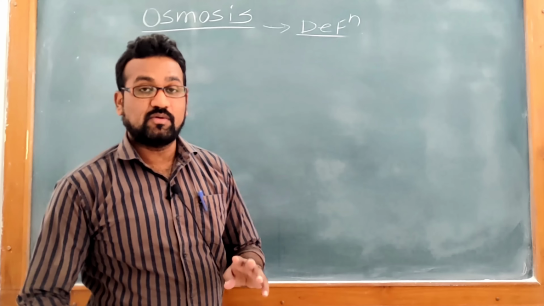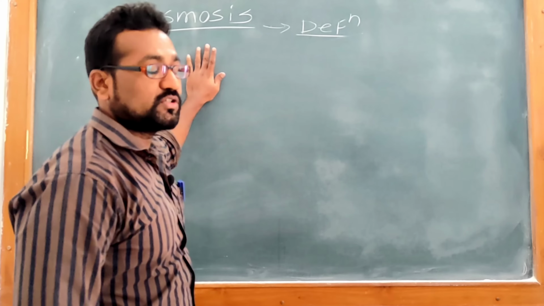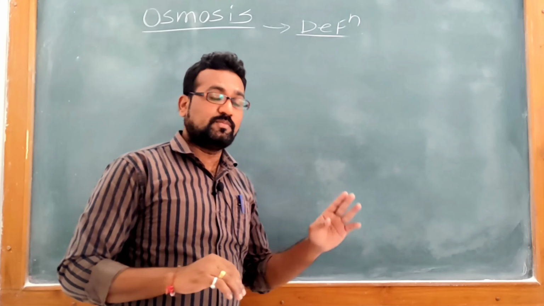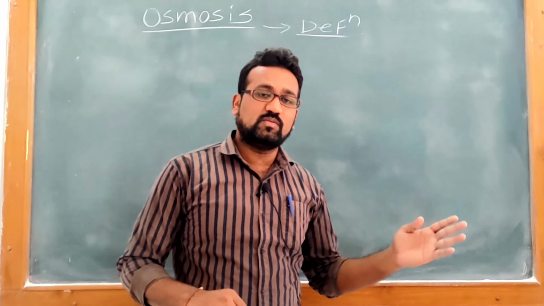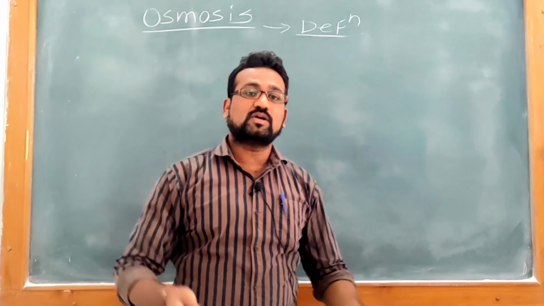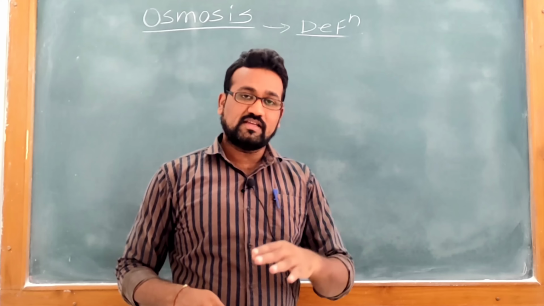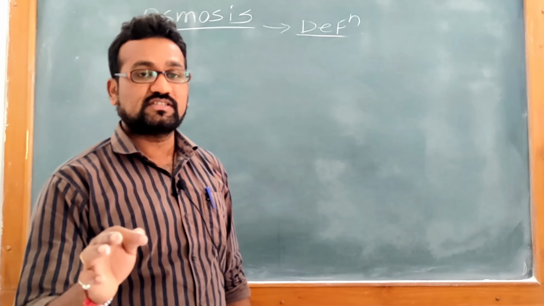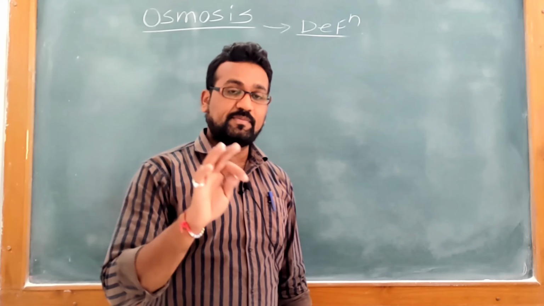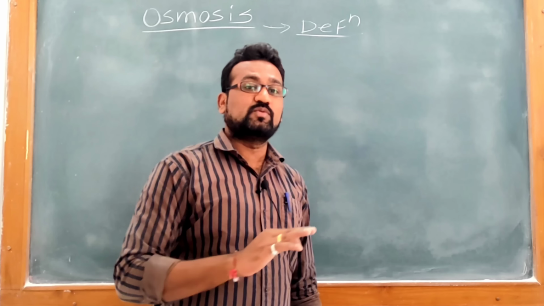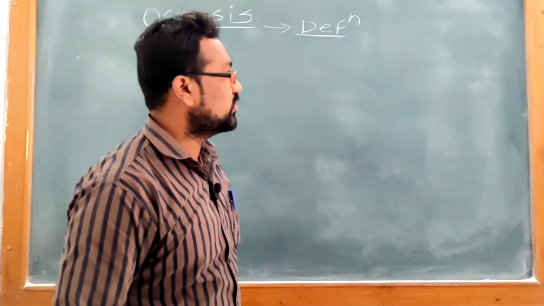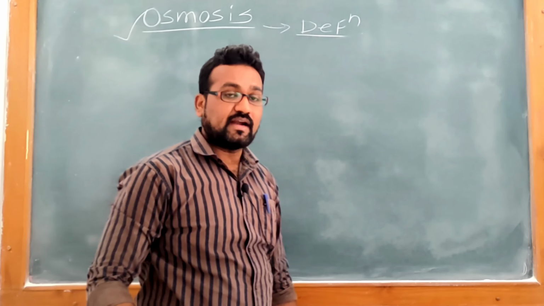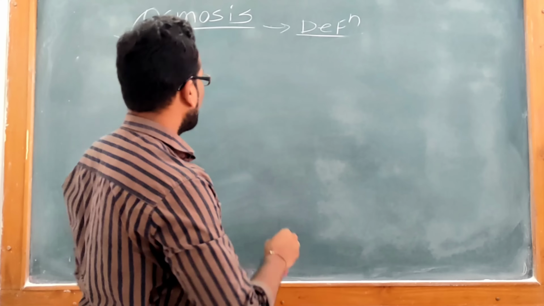So okay friends, I have written here the definition of the osmosis concept. Osmosis is different from diffusion. In the previous lecture we studied diffusion. We have seen the importance of diffusion in plant life, as well as the factors which affect diffusion. Here we are going to discuss the osmosis definition, which is different from diffusion, so you should not get confused with diffusion.